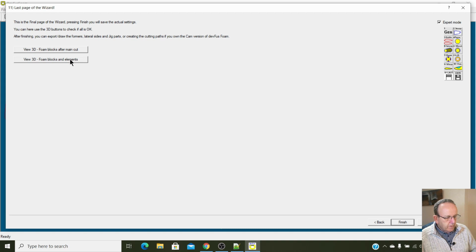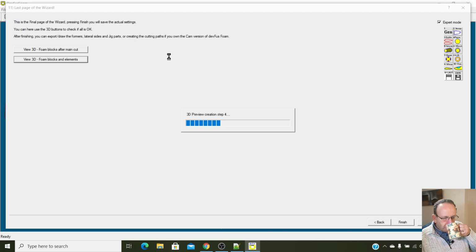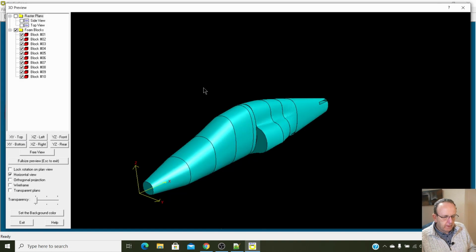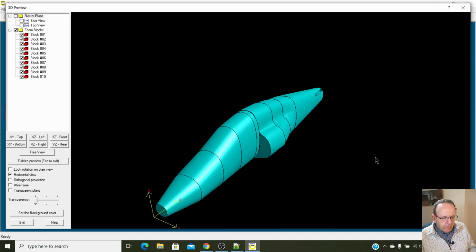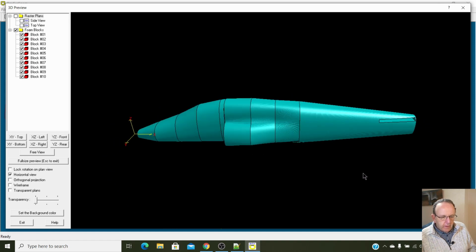Let's have a look at this. This sometimes takes a little bit of computing power, so hopefully the computer won't crash, because there's a fair bit to do there. Yeah, it's done it. There we go. So that's what it's created for us. As you can see on this one, on this particular trial, I've decided to do